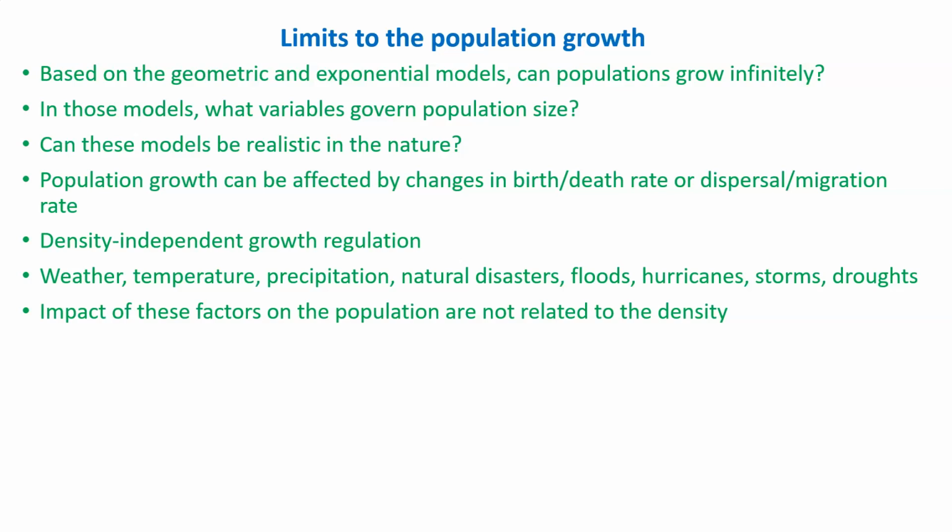A flooding event can completely destroy their foraging grounds, which can impact their food acquisition. So those natural disasters and climatic extremities can result in death of a particular population regardless of their current density. A smaller population and a large population will get impacted equally